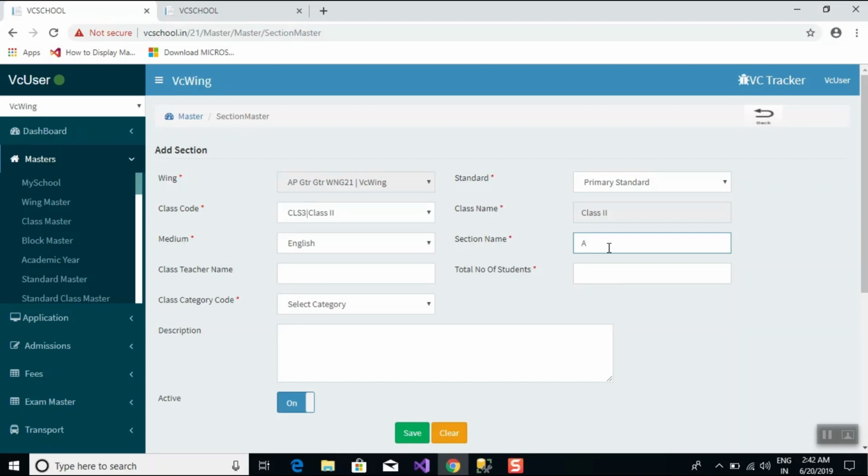Now I am creating A. Class teacher name. Here class teacher name is not mandatory. Here we need to give total number of students. How many students need to be in that section, that we need to insert here. 25 members. Here we need to select class category. Here class category means